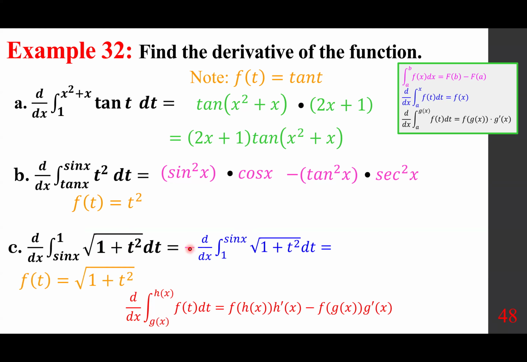So replace the t in this function with sine x. So the minus remains, square root of 1 plus sine squared x. And now, by the chain rule, multiplied by the derivative of sine, which is cosine x. And put that in front, it becomes minus cosine x times the square root of 1 plus sine squared x. And that's the